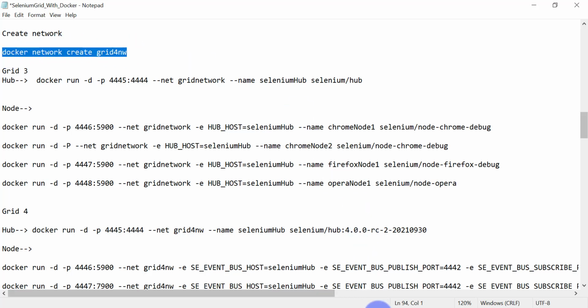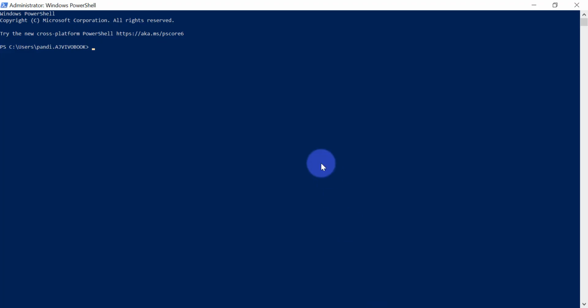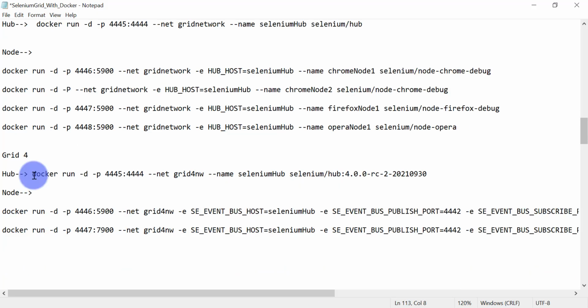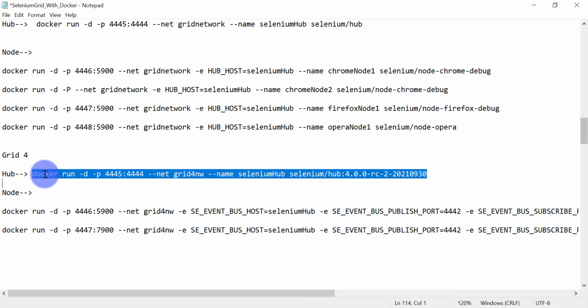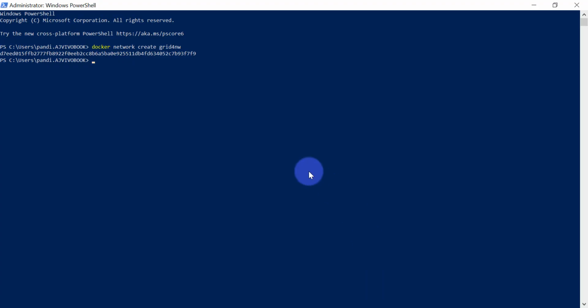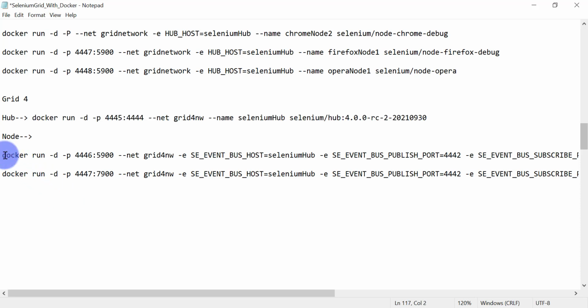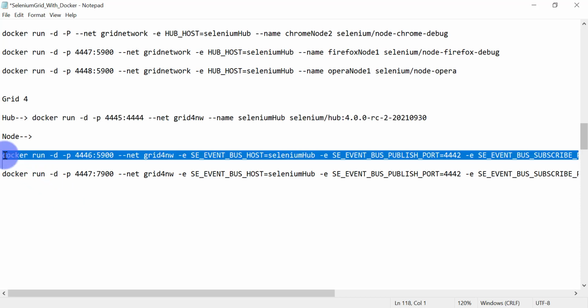Use this command for creating the network. Okay, our network is ready. Let's get our Selenium hub container ready. Next one will be the container for our first node Chrome browser.